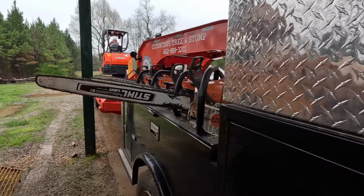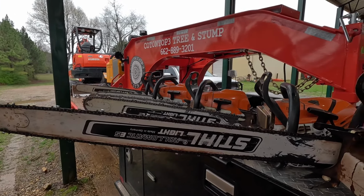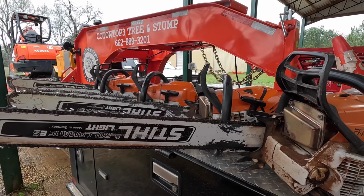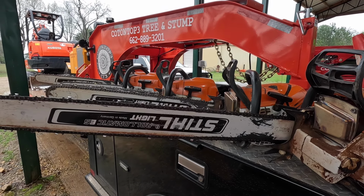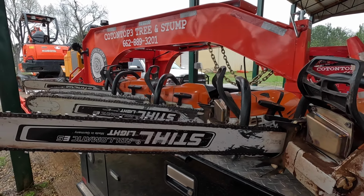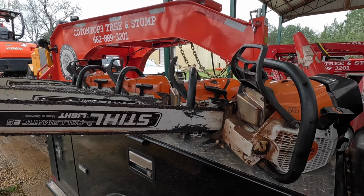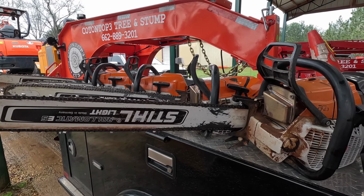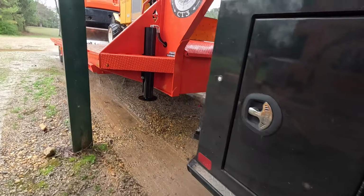How many times have you ever been into a chainsaw shop? You pull up, they got saws all over the walls hanging up. You can look at them, you can pick them up, you can feel them, but you can't run them. A lot of times you don't know what you may or may not like. So you can't do what I'd call a test drive or a demo or anything like that. So this is going to be a unique opportunity